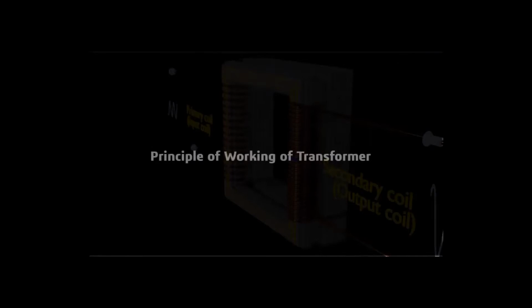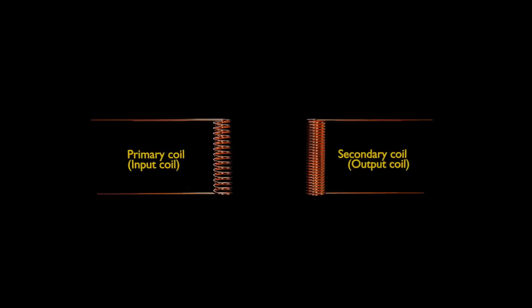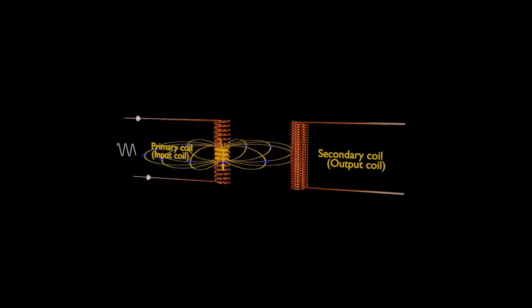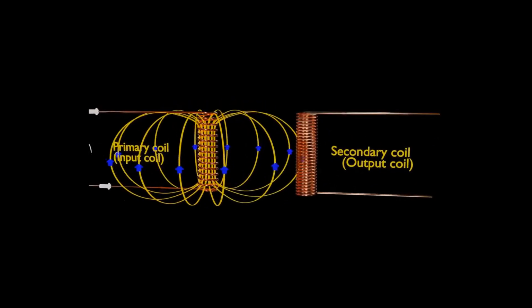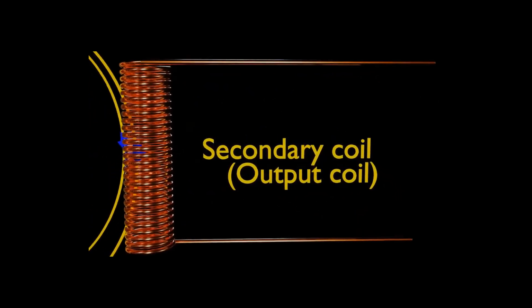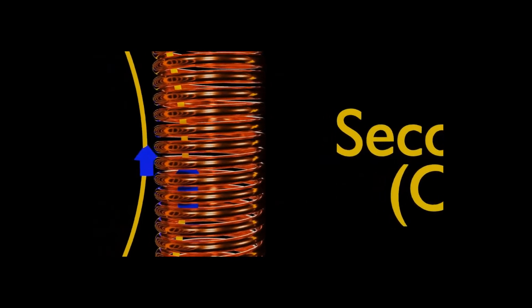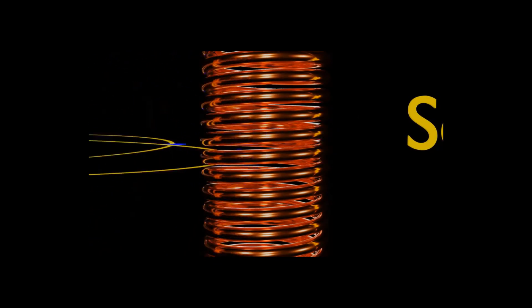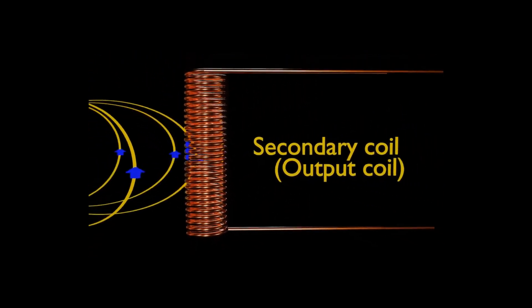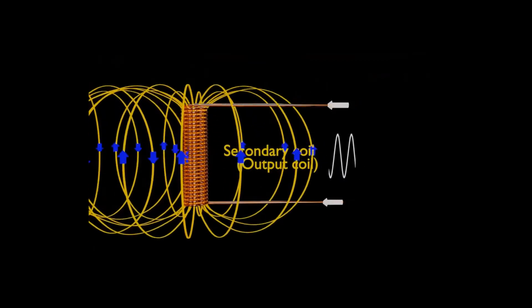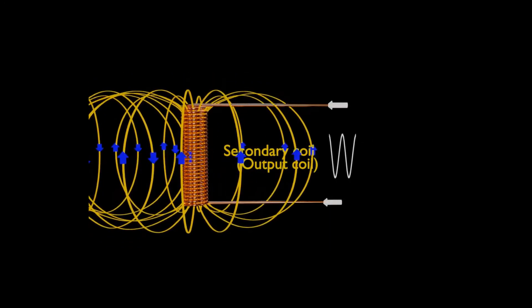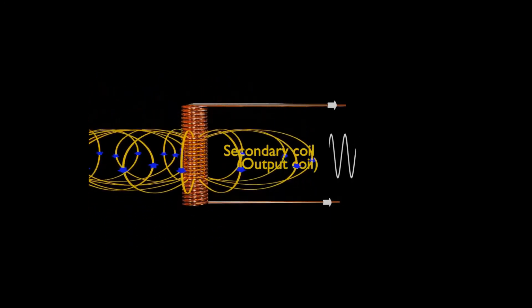Principle of working of a transformer. An electrical transformer works on the principle of mutual induction. When an alternating voltage is applied to the primary coil, the resulting current produces an alternating magnetic flux, which links to the secondary coil and induces an EMF in it, which forces the free electrons of the secondary coil and therefore produces alternating current in the secondary coil. This phenomenon is called electromagnetic induction, and particularly known as mutual induction.